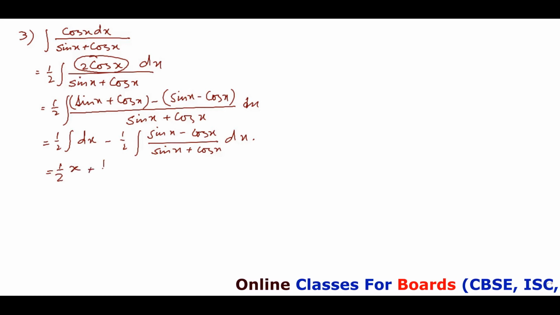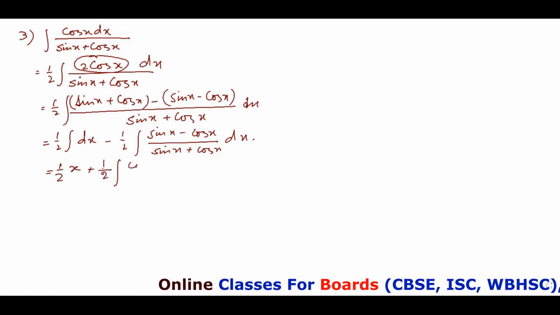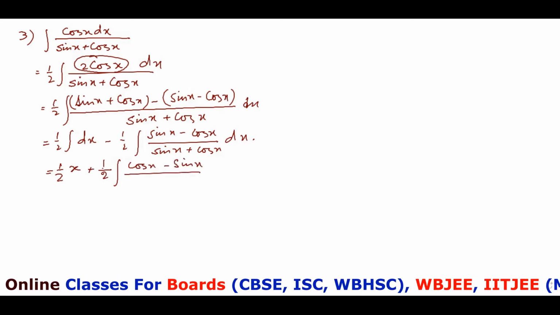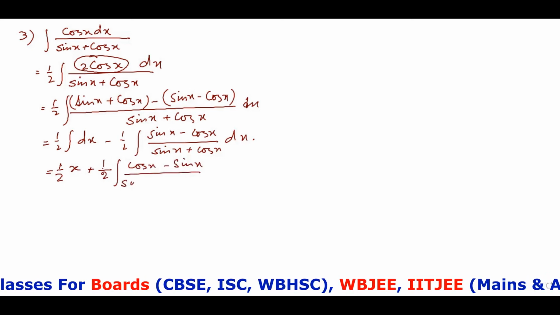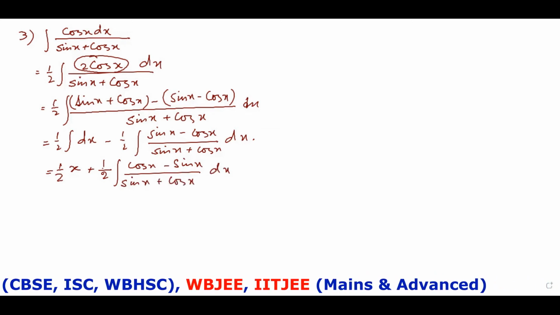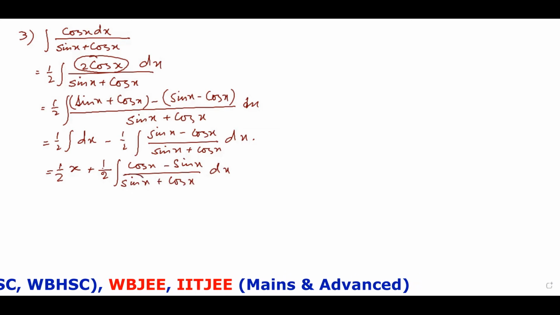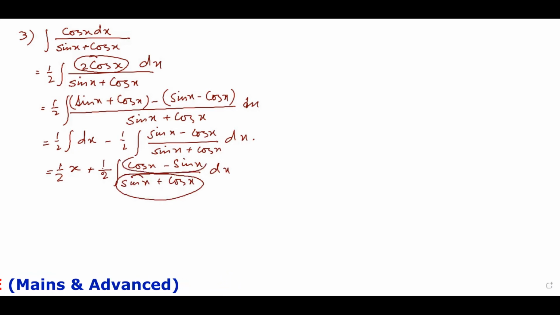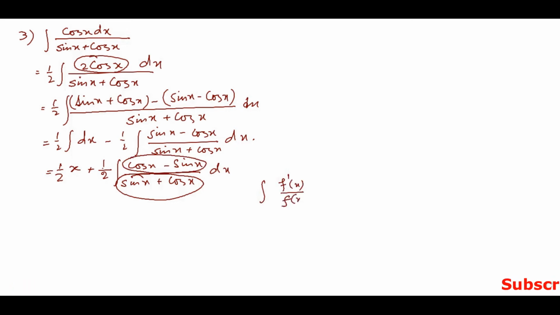Let it be plus. So I'm taking a minus common from the numerator. So we are basically having sin x plus cos x. Now, if you observe carefully, we will find that d/dx of this one, that is sin x plus cos x, is nothing but cos x minus sin x. Am I correct? We know that the integration of f dash x by f x dx is basically ln mod f x.